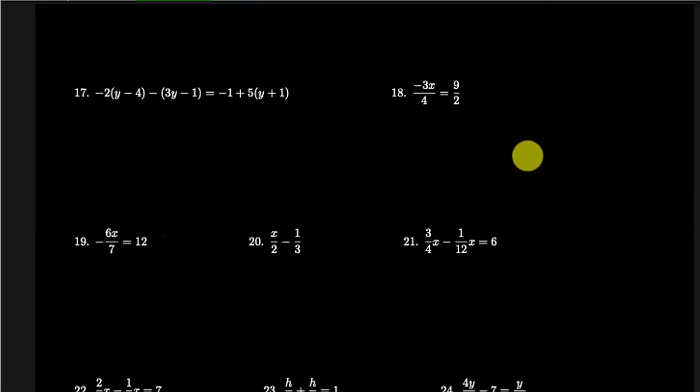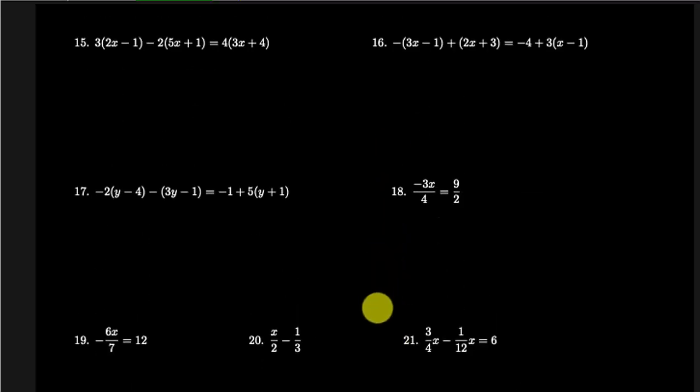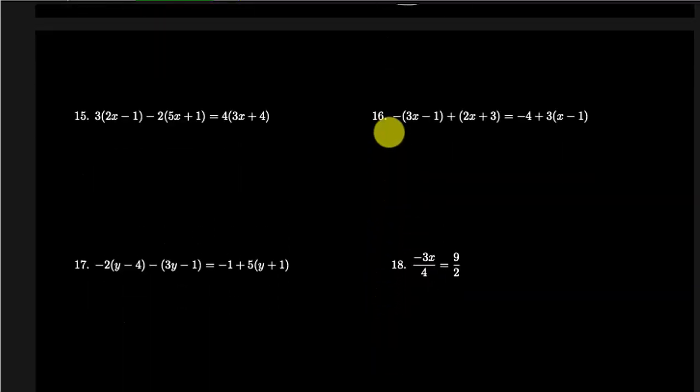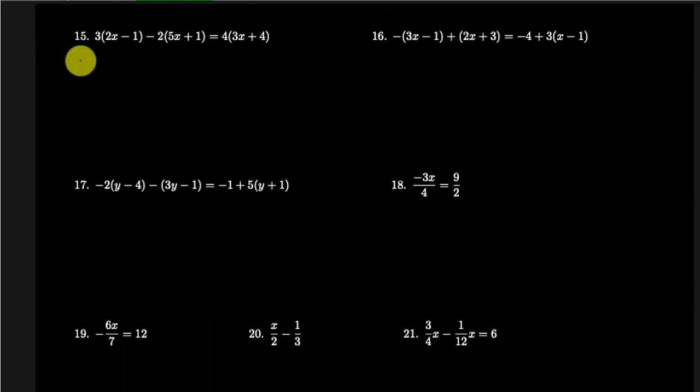Next one. Okay, so you can say we're fixing to get into some different ones. All right. So clear the parentheses. That's going to give me 6x minus 3 minus 10x minus 2 equals 12x plus 16. Combine like terms over here on the left. That's going to be negative 4x minus 5